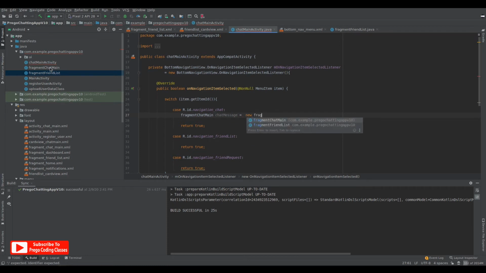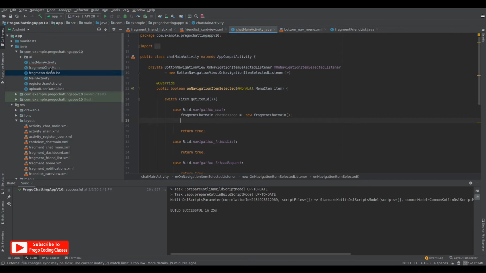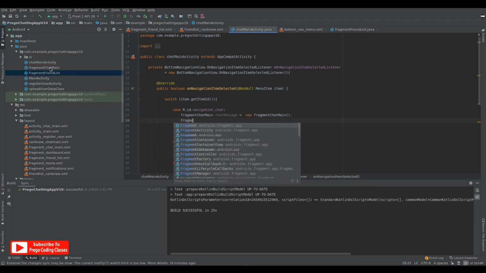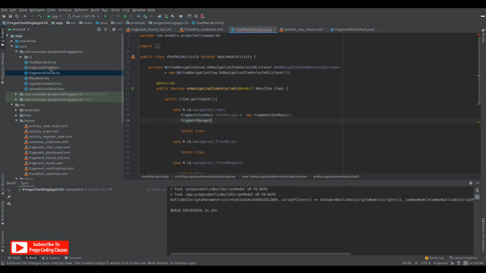So new fragment chat main, and then a semicolon. Then under that we need to assign a fragment manager. So fragment manager, and just name it fragment manager, which is equals to get support fragment manager, and that's it.